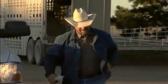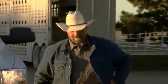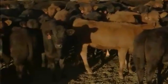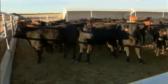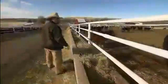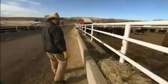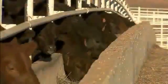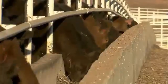I was born and raised right here, been here all my life, and now I'm raising my family here. Just 45 miles southeast of Denver is Running Creek Ranch, the largest registrar of Limousin seed stock in the country. And ranch manager Joey Friend believes in everything the Limousin breed has to offer. Limousin's a breed that originated out of France. We first fell in love with the Limousin breed there in 1980 because of their efficiency, their muscle, their yield,